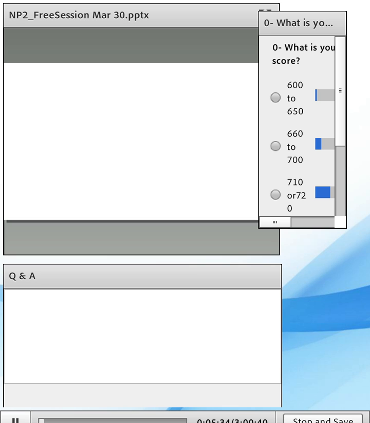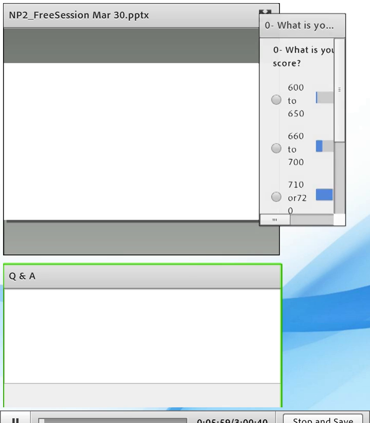All right, based on the data that I have so far, what I really see is about 50% of you are aiming for a score of 730 or higher. There's a good 36% of you in the 710, 720 bracket. And then about 14 and a half percent of you, or as the number has now changed, about 17%, are in that 600 to 700 bucket.